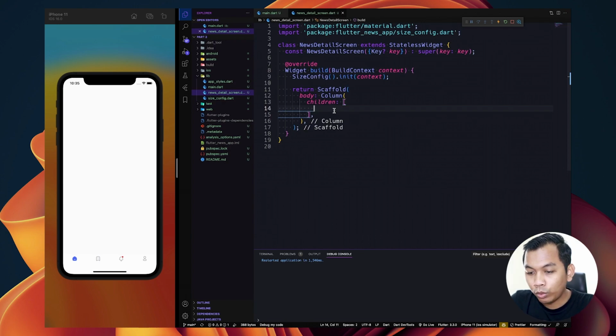Many child, it means that we can add many widgets inside this column.